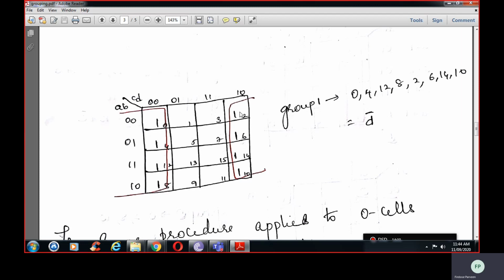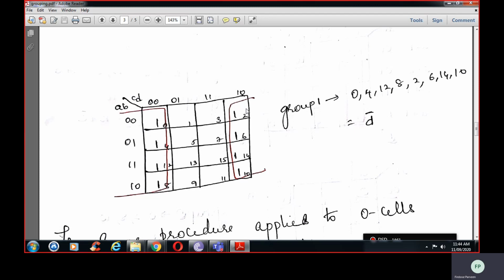See, one more thing is like this. You can ask a question like this: this complete one becomes one group, that is 4 cell, and this becomes 4 cell. If suppose I take 4 cell grouping, what happens? I'll be getting two variables, this one group and this one group. So there become two groups. Okay.